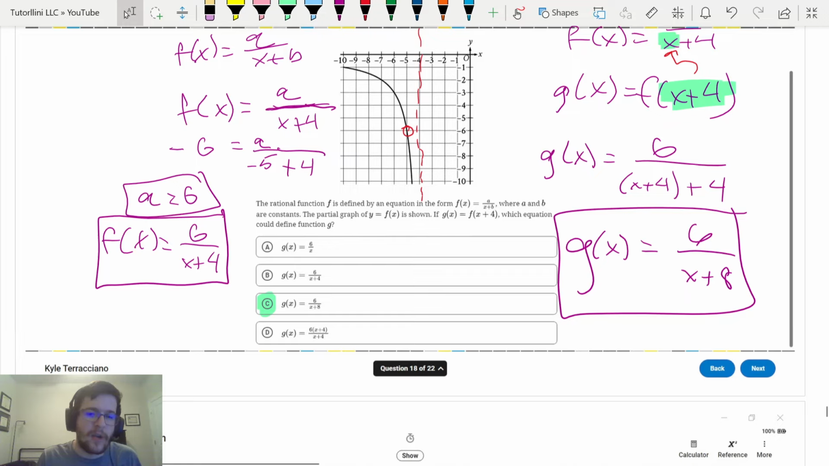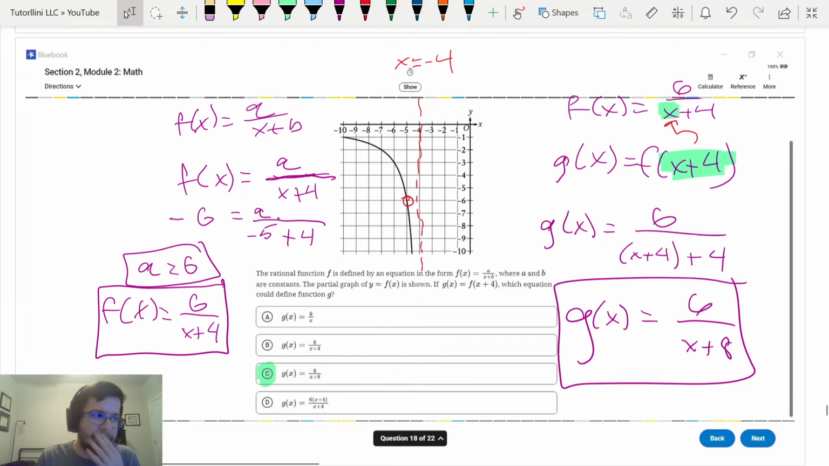That's about as, it's more complicated than that, but that's about as good as you need to understand it. So